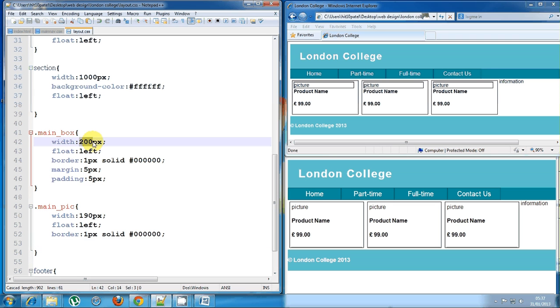So the outer box is no longer 200 pixel because it's 200 plus the padding inside, 5 plus 5. So altogether the width of the main box is no longer 200, it's 210. That's why this is getting a bit messed up. So if I change this to 200, which is going to be perfect,